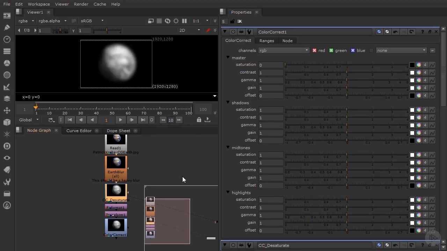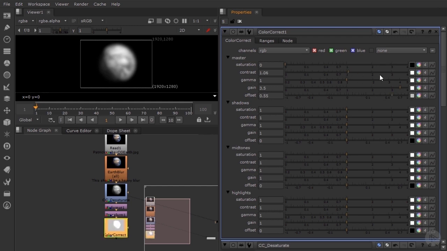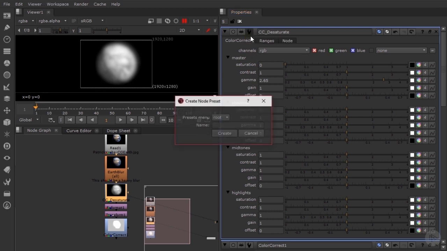Now it is important to note and remember that if you're making a preset, it's going to wipe out all of the data that you had in there before. So if I have this color correct node and I've got a gain and I've got an offset and I've got a contrast that I've got all keyed in that I like, and I go to this desaturate node and I've got a boosted gamma value and I make a preset from it